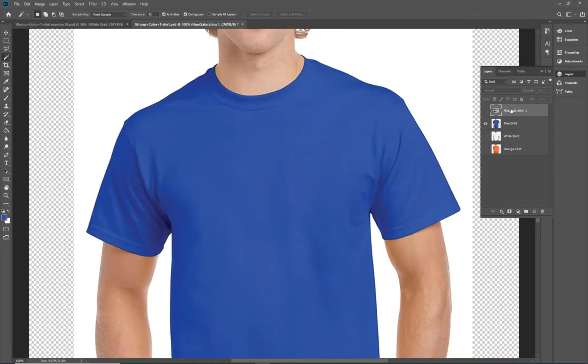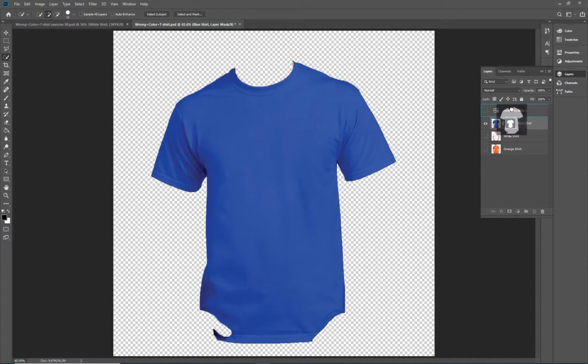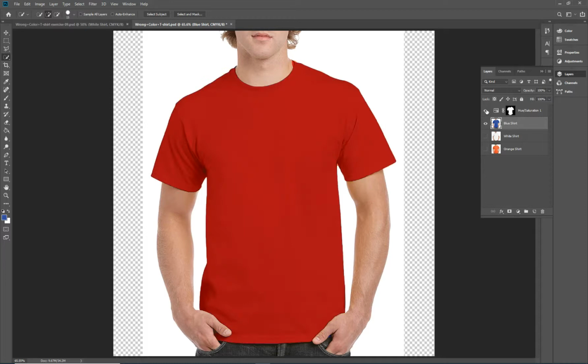And I'm going to turn off the red. I'm not going to delete it, I'm just turning it off. Go back to your blue t-shirt and select it using the quick selection tool this time. Let's see if we get a better mask. So it's those same steps. I'm not going to go through each one of them, but on this layer, I'm grabbing the shirt, adding the mask, and then dragging and dropping it. Looks a little bit better. I got a little bit crazy up here, but